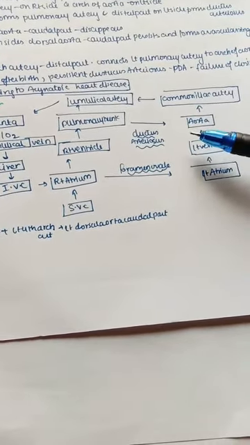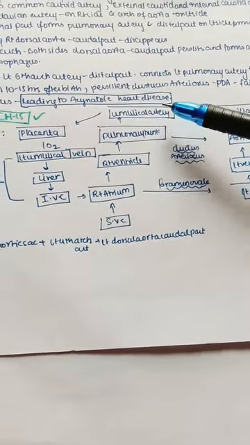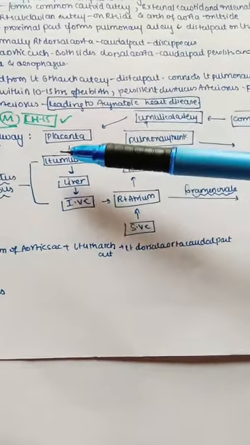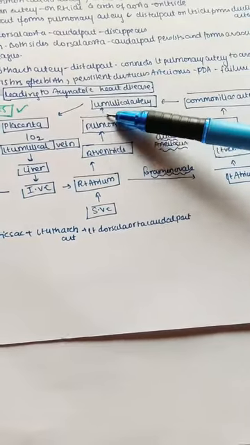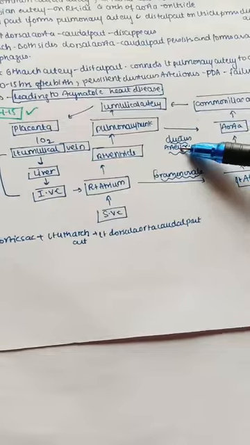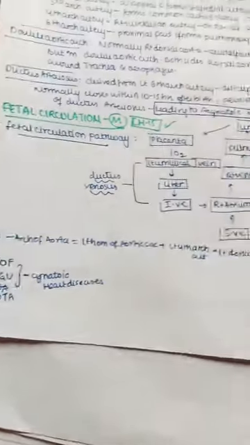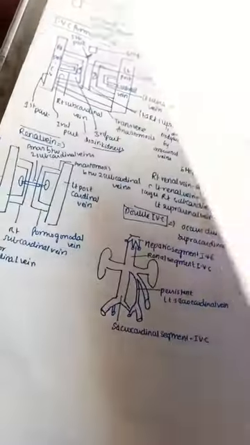So from aorta into common iliac artery, from common iliac artery into umbilical artery, and finally from umbilical artery again into the placenta. And from right ventricle it may also go to the pulmonary trunk, as we said. It takes a shunt here. So it goes to the umbilical artery and finally comes to the placenta. So this is how the pathway goes in fetal circulation.